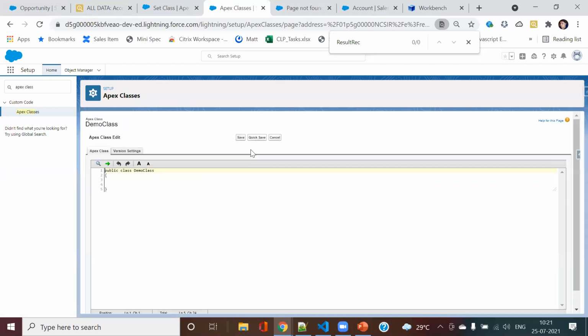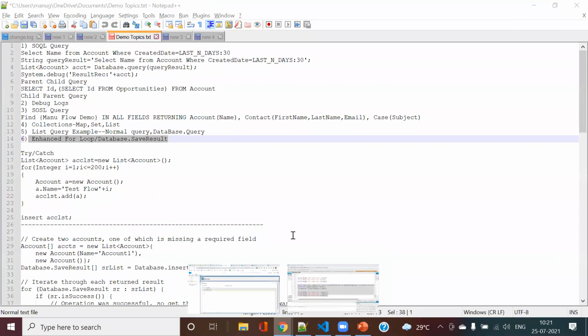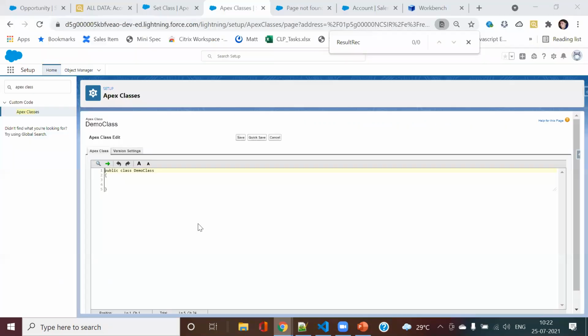Now since someone asked me, I am executing the code from the anonymous window. So what I will do, this list code that I created, we will just try to maybe return the map and see what result we get. I will create one method here. It will be live.